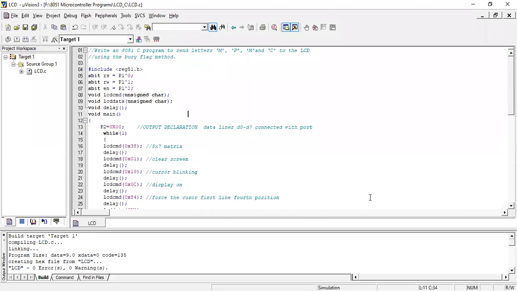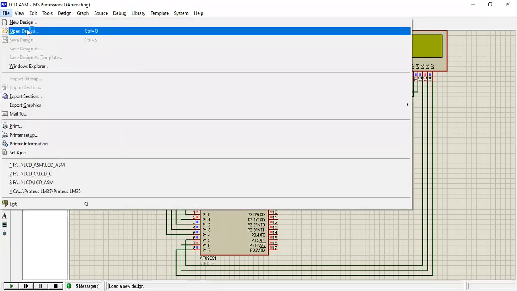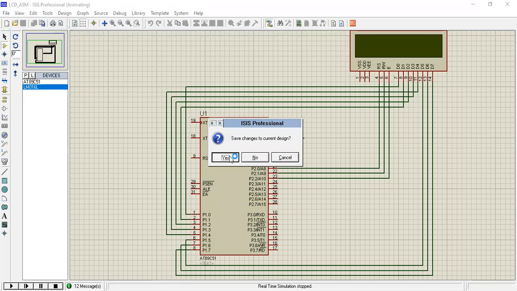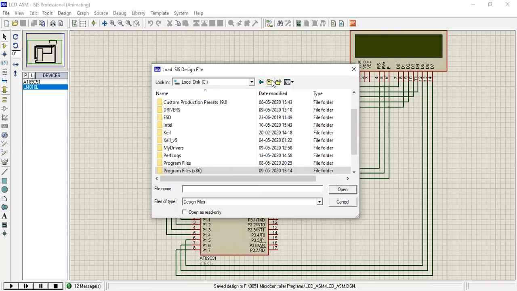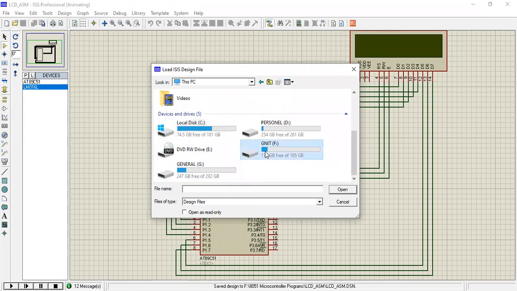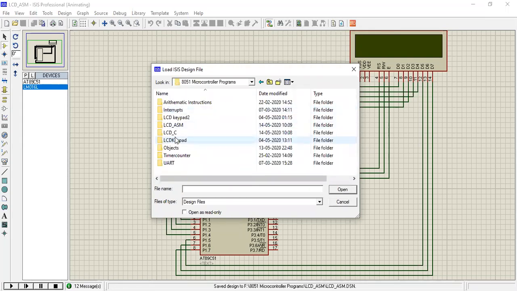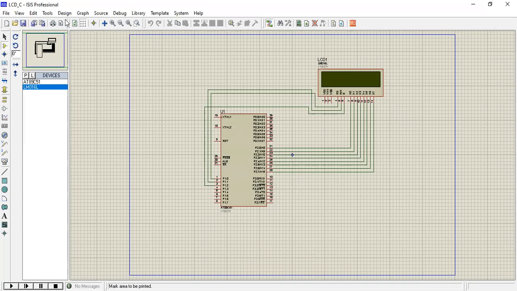So now you want to run that one. In the Proteus software, you can run that one. So I will show you. Proteus. So file, open design. So this I am saving. So this I have written in lcd.c. This is the design, whatever the design here. If you zoom it,